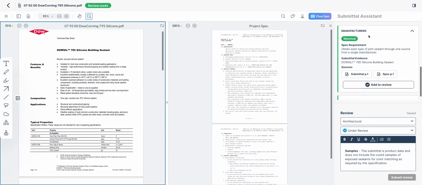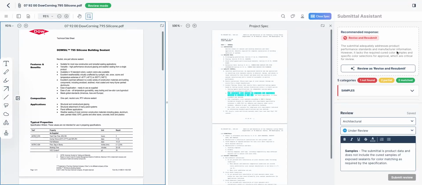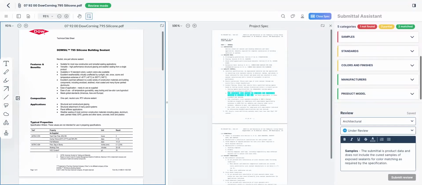as well. So manufacturer looks good. It is one of the manufacturers that is identified, and if you click into the spec, we will show you where that information came from. This recommended response, of course, is just a recommendation, but the idea is that our hints are giving you this head start review. Okay, the manufacturer looks good, the model looks good, something is not quite right with the colors